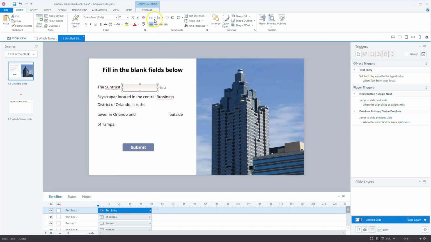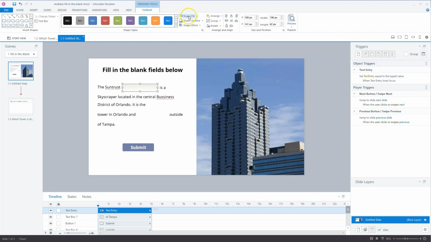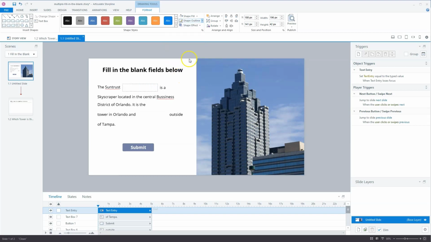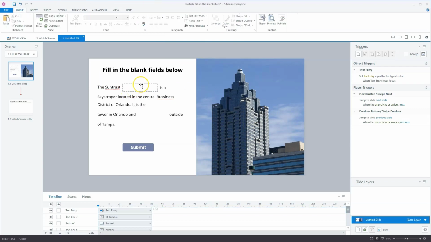color and the border. So therefore I'll go to Format. I'll give it a white fill and I'll give it a grayish outline, but I want to have this outline dashed. So I'll choose this dash style and I think it has to be a width of 2. Let me see the result. Yeah, this is okay. So what you see here at the right is that Storyline created the first text entry